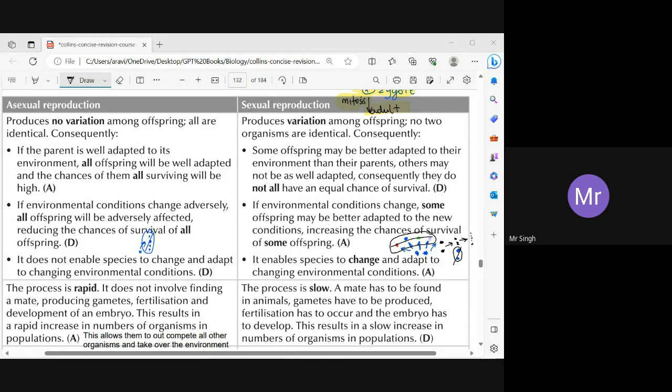All right, guys, you need to let me know when you all are finished, right? I don't know how fast some of you write, so please let me know when you all are finished. If you all have any questions, or you want me to give another example of variation or sexual reproduction or asexual reproduction, feel free.